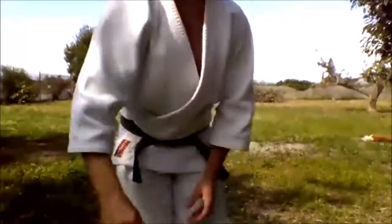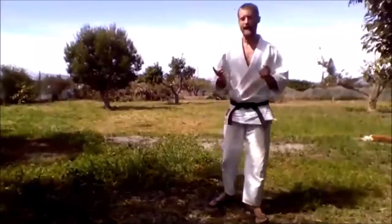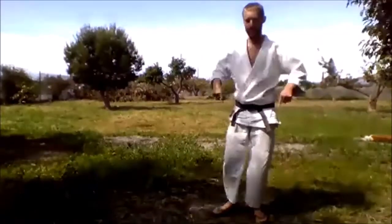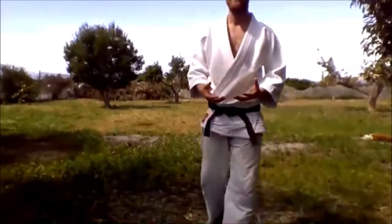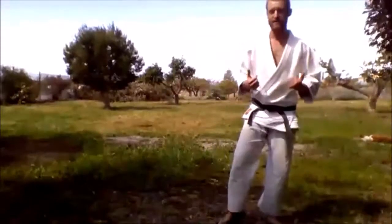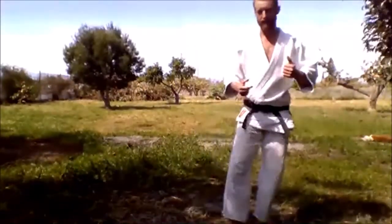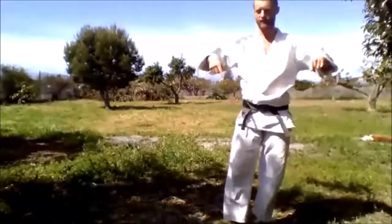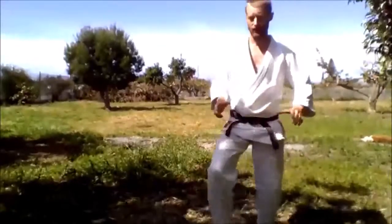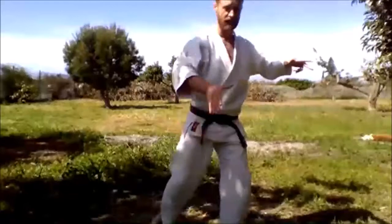Just the very last point before we finish. The key thing is this: the difference between pushing out of the ground and compressing the weight into the ground. It's kind of two ways of moving. Not a good or bad, they're for different purposes. In terms of dance, I tend to be pushing out of the ground, and I tend to move in a way like this way. In terms of martial arts, the tendency is that I want to compress my weight down. Only in terms of the more internal, but I want to really compress the weight down into the ground all the time. So I'm working all the time on compression,